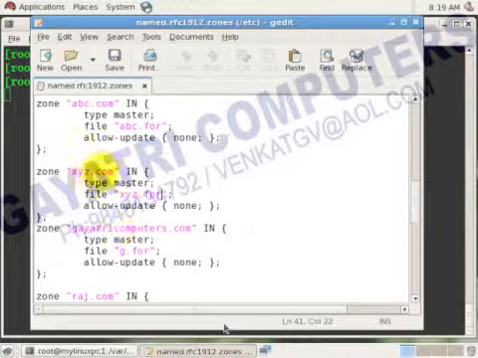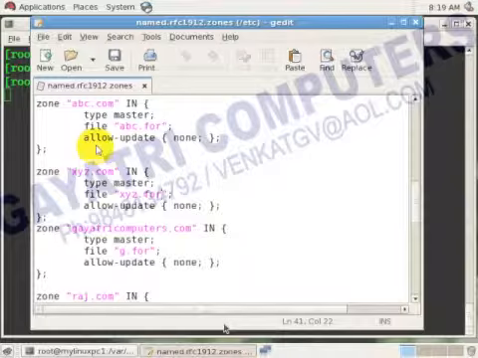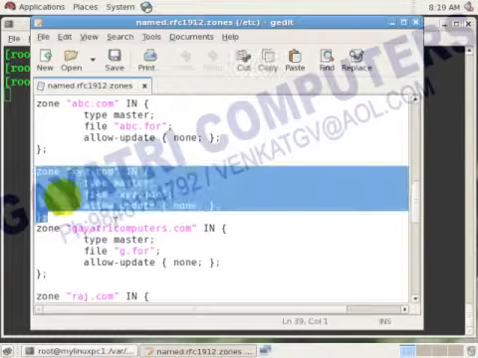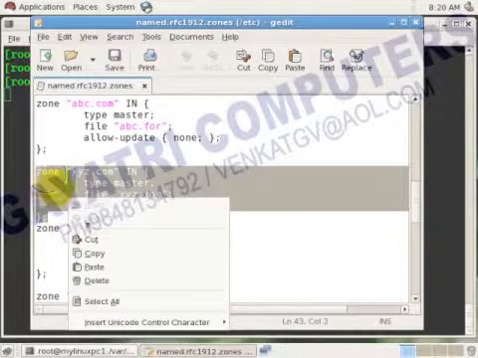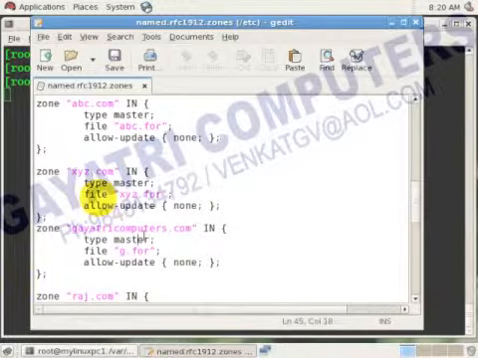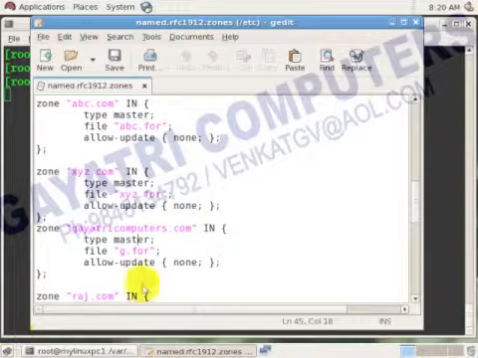In this, I have already created zone entries for xyz.com, abc.com and so on. Just select any one of the zone entries, from zone up to the semicolon, and copy it. They are all the same. Why create so many?